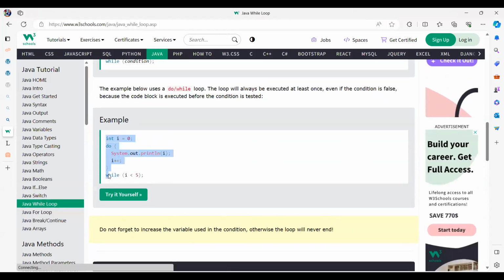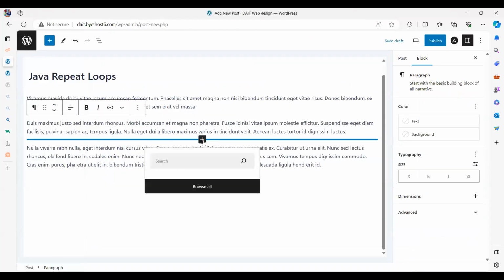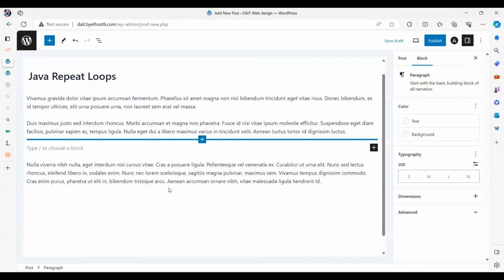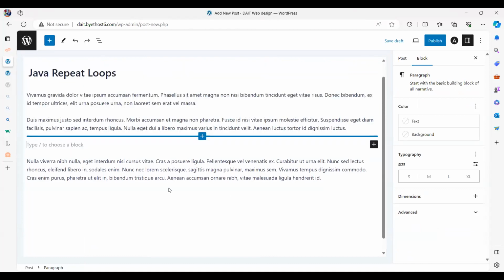Okay, I'm going to copy this, go here, and let's put something in here. So I'm going to say paragraph. Okay. No, I don't want automatic. Now, when I do that, I got automatic styling. I don't want it. I want to have an ugly code so that I can show you how to fix that.